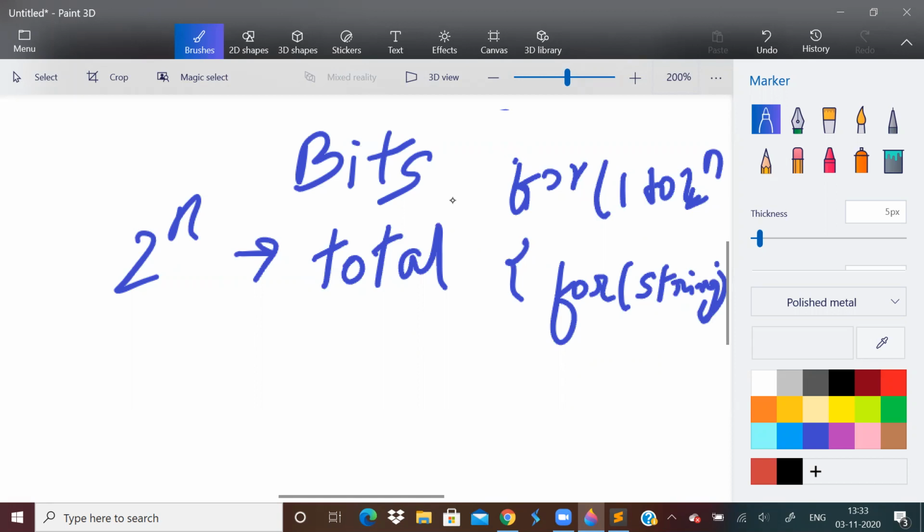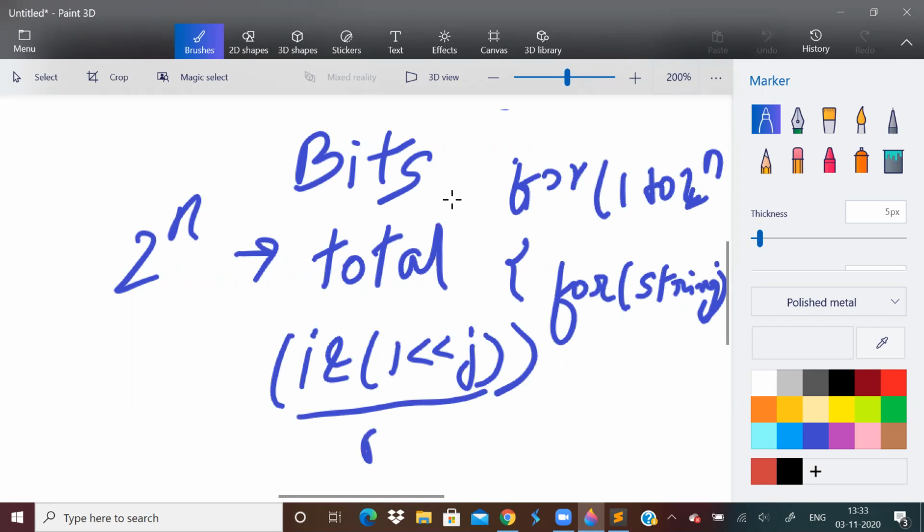Every time we have to check one condition: i AND (1 left shift j). If this value is non-zero, then we print the character.